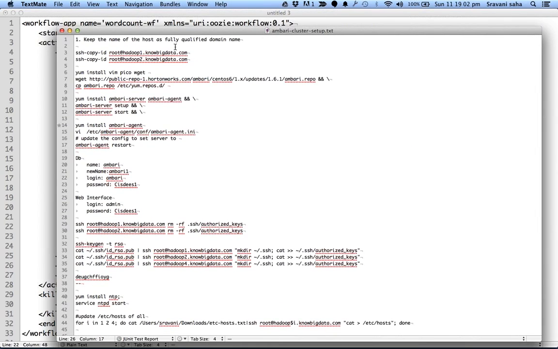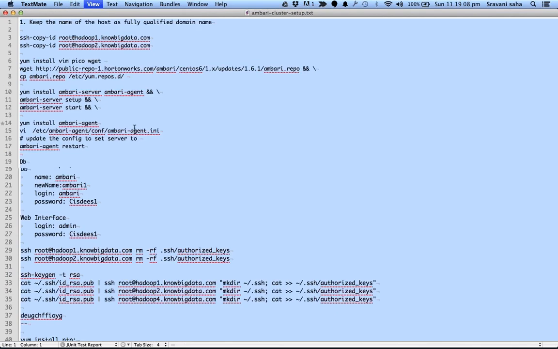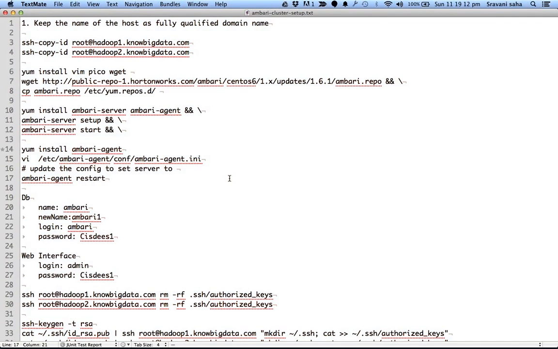I'll just walk you through this, and maybe you can go through it later when you have time. The way I had installed the cluster, I'll describe that, and that would probably be the easiest way. I'll share that file. So let's say you wanted to install Hadoop on these machines. I'm not really prepared for this, but let me try if I can explain.